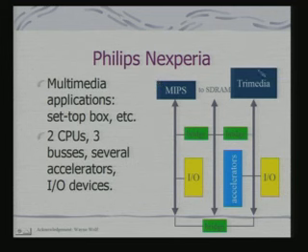So, for examples, I had already started with this, referring to Philips Nexperia. Here we talked about the Trimedia CPU from Philips, and the MIPS processor, which is an example of a RISC processor. These two cores sit together, and you have other accelerators meant for accelerating some special functions, and these are the individual buses and buses to SDRAM and the bridge between the buses of the individual processors. So, this is a kind of multiple processor system.